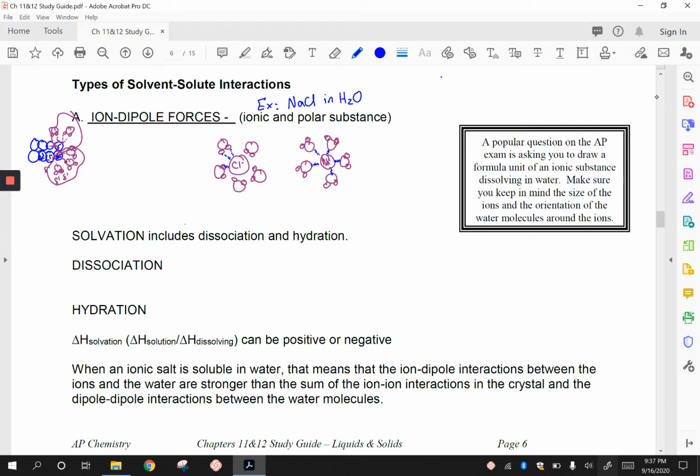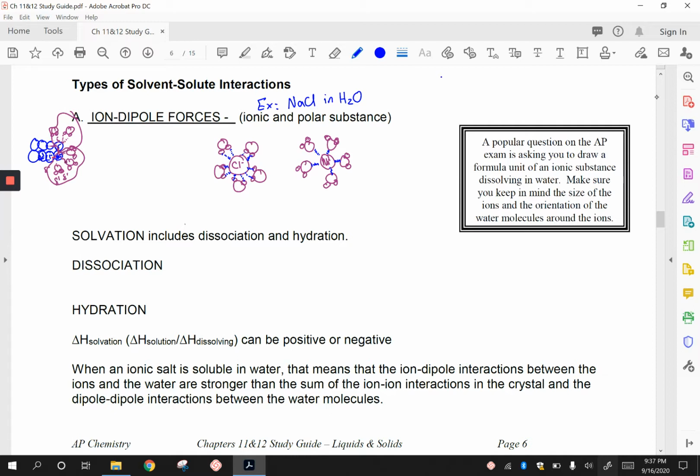And so again, those blue dashed lines, these are the ion-dipole interactions. So this is showing just one formula unit of NaCl surrounded by water, or dissolving in water. A popular question on the AP exam is asking you to draw a formula unit of an ionic substance like NaCl dissolving in water. So basically, to draw this,